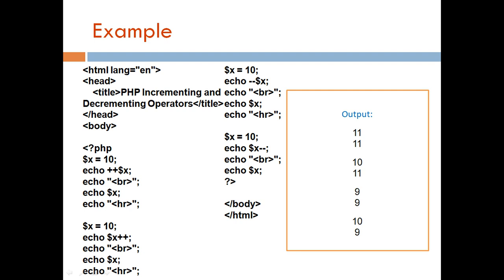Next, x equal to 10. This is pre-decrement. So whatever value is here, first it will be pre-decremented and then displayed. So first the pre-decrement answer is 9, and when it is displayed it is again 9. In this case the first value is 10, so first it is returned as 10 as such. Then we apply post-decrement. 10 minus 1 is 9 and that value is returned here.